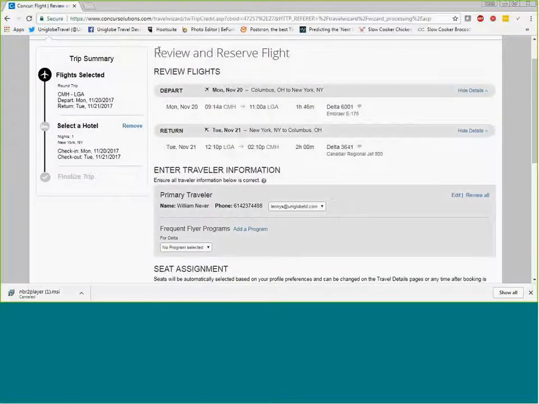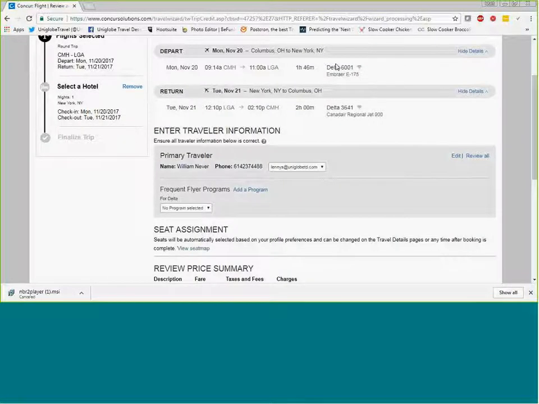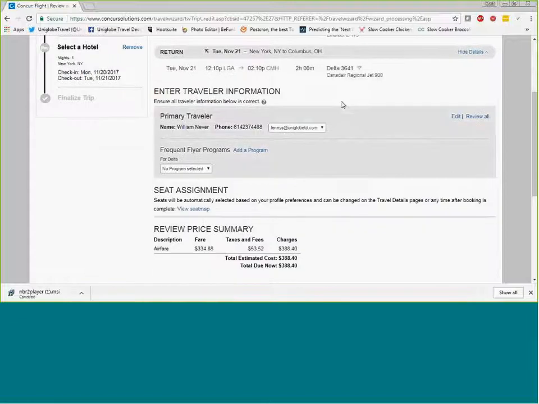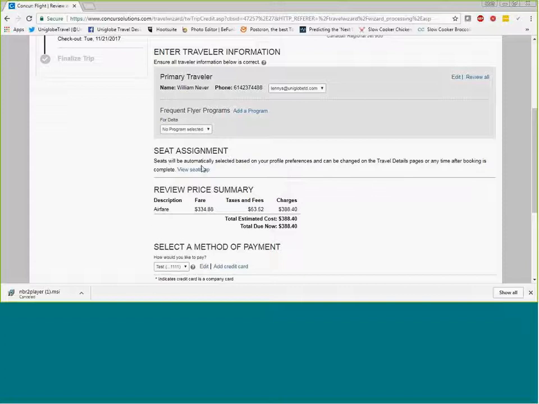So the next page you'll see is kind of just going through all the details that you have, reviewing your flight details, telling you when you leave, when you come home. Then next it has all your information that you've already preloaded in your profile. If you forgot to enter in a frequent flyer program for Delta, or if you recently just got one after you set up your profile, you can add it here by clicking on the Add a Program. Seat assignment,